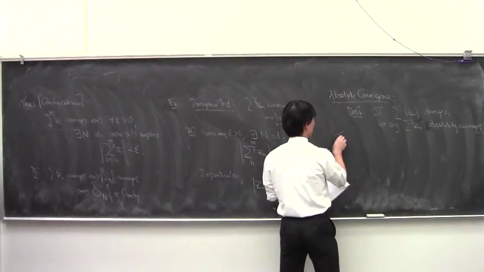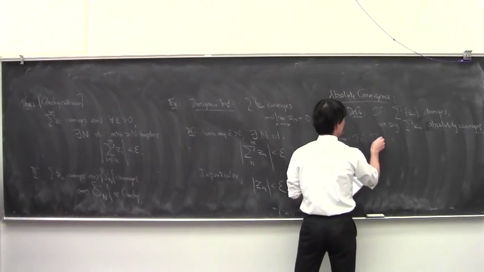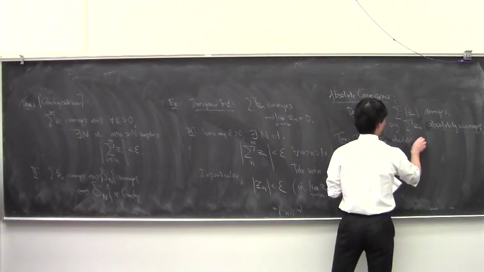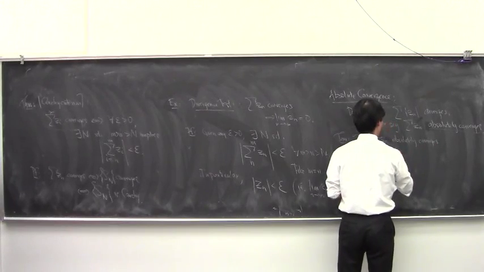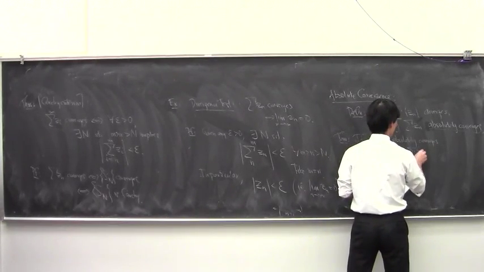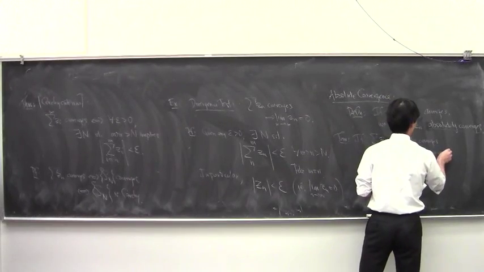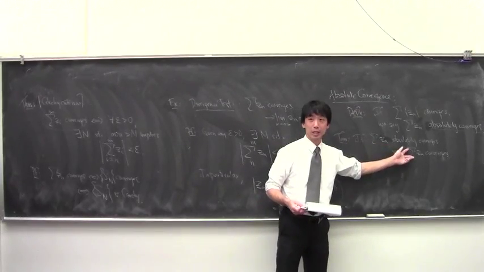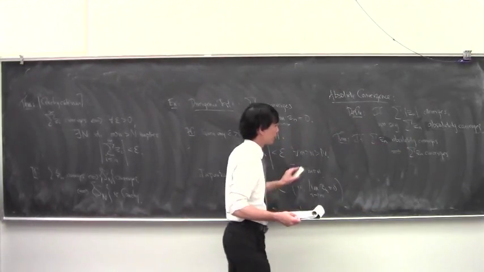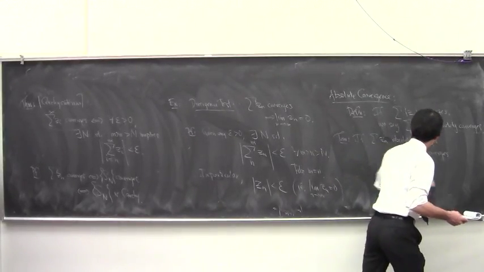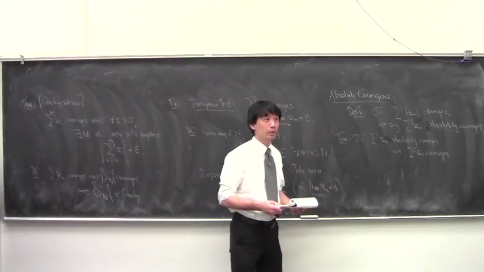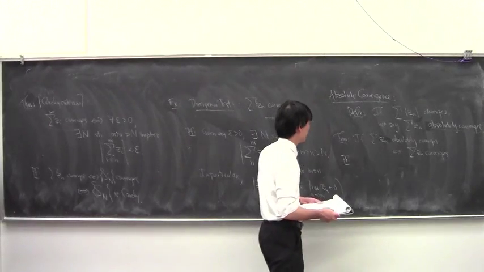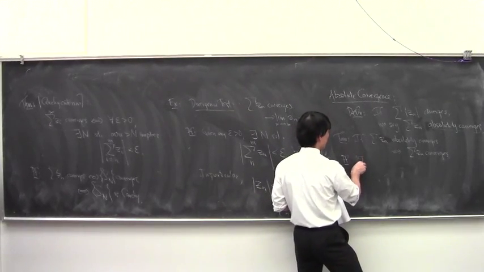However, if the series absolutely converges, then the original series converges. So if the sum of the absolute values converges, then the original guy converges. And a nice way of saying that is using Cauchy's criterion. You say, well, look, if this thing converges,